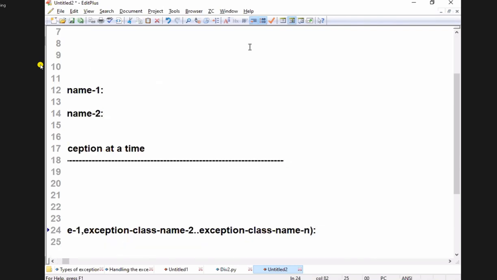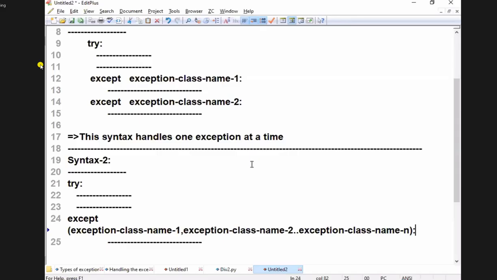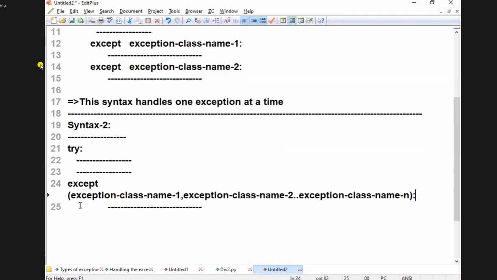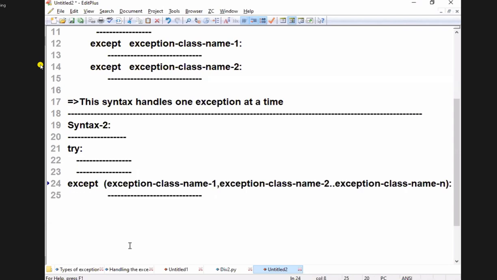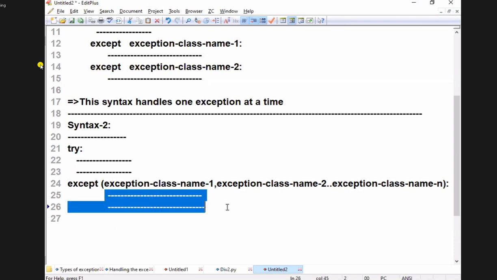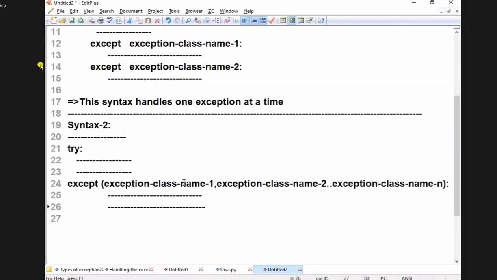Indentation symbol. Beautiful. See this carefully, it is becoming a little bigger. Here I will write all the exception related user friendly error messages. At any point of time, how many exceptions are coming?